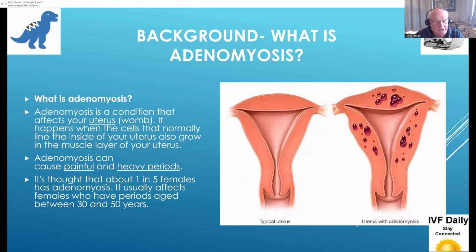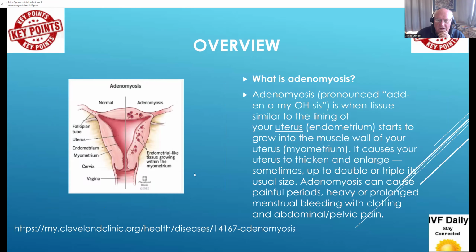Adenomyosis is a condition that affects your uterus, your womb. It happens when the cells that normally line the inside of your uterus also grow in the muscular layer. It's thought that about 1 in 5 females have adenomyosis. It usually affects females who have periods, aged between 30 and 50. And I've included this because the identification and prevalence of it does seem to vary amongst who you're looking at. And once again, that's pronounced